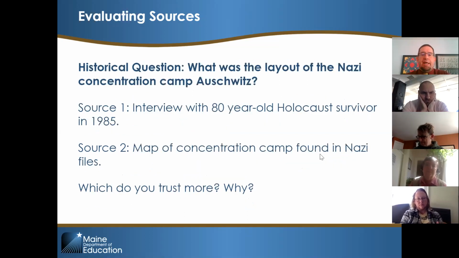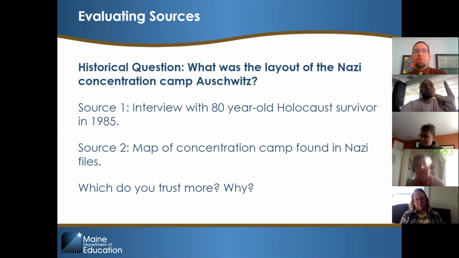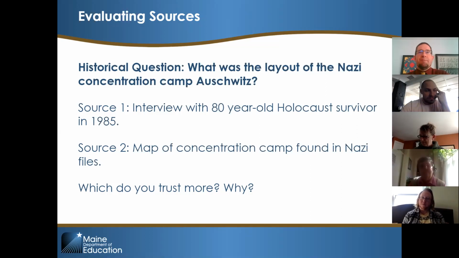If you want to know what the layout of a Nazi concentration camp like Auschwitz looked like, should you go to source one, an interview with an 80-year-old Holocaust survivor in 1985, or source two, a map of a concentration camp found in Nazi files? One or two? Pam says two, Gina says two, Sonia says two, Lex says two, John and Betsy two, Craig two. The big thing with this is Stanford wants students to understand that memories are really, really bad sources